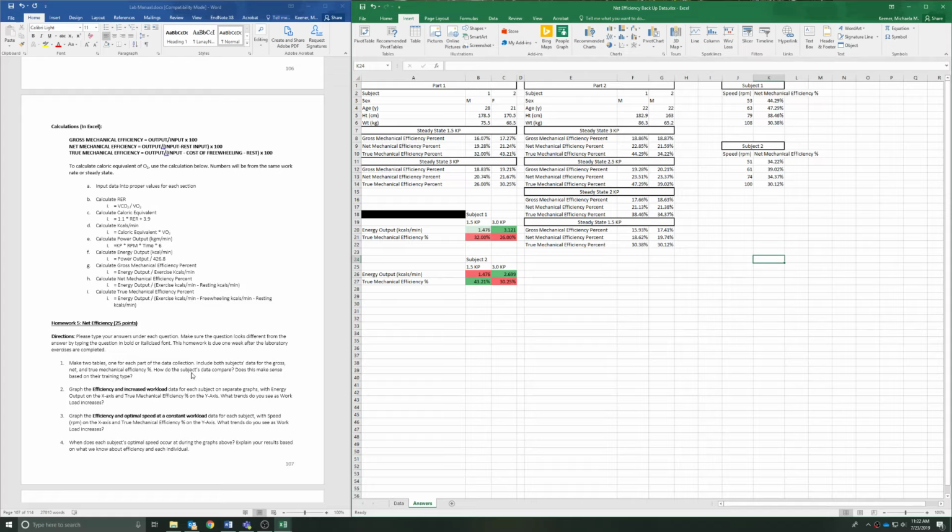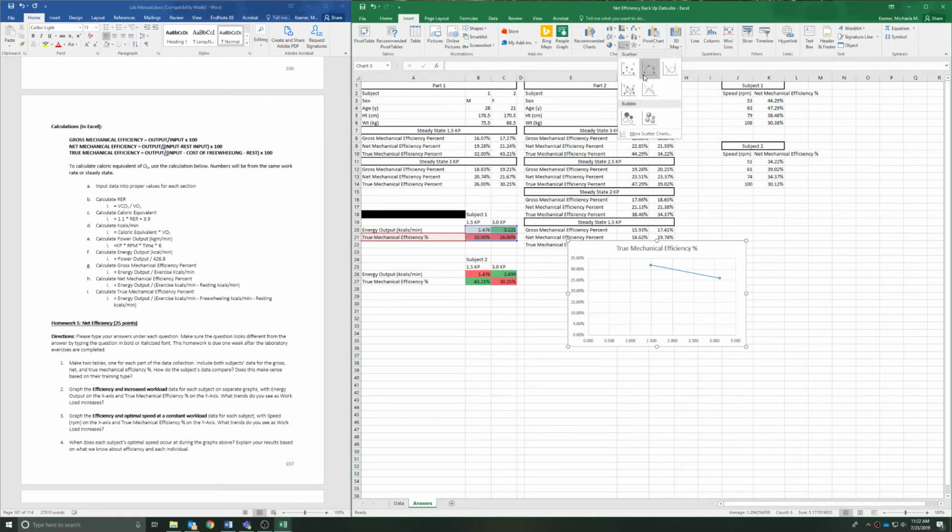So for number 1, you're making 2 tables, one for each part of the data collection. So our first part and our second part. And you're looking at the gross, net, and true mechanical efficiency during each. So that's this data for each subject. Then for number 2, we're going to graph the efficiency and increased workload, which is part 1. So we're just going to highlight that,